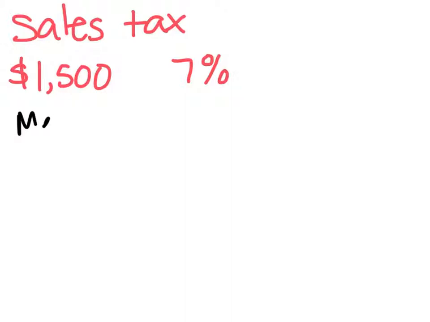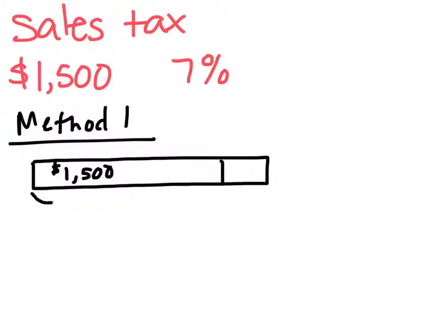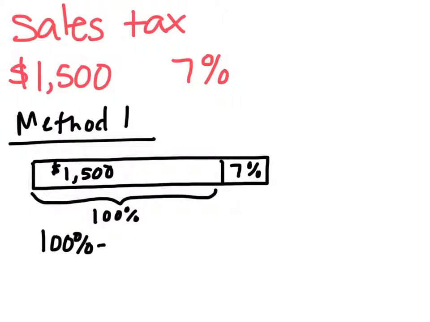Method 1 uses a bar model. First is the cost of the television set, $1,500. This represents our 100%. Correct? This is our 7% sales tax. Okay. So if 100% equals